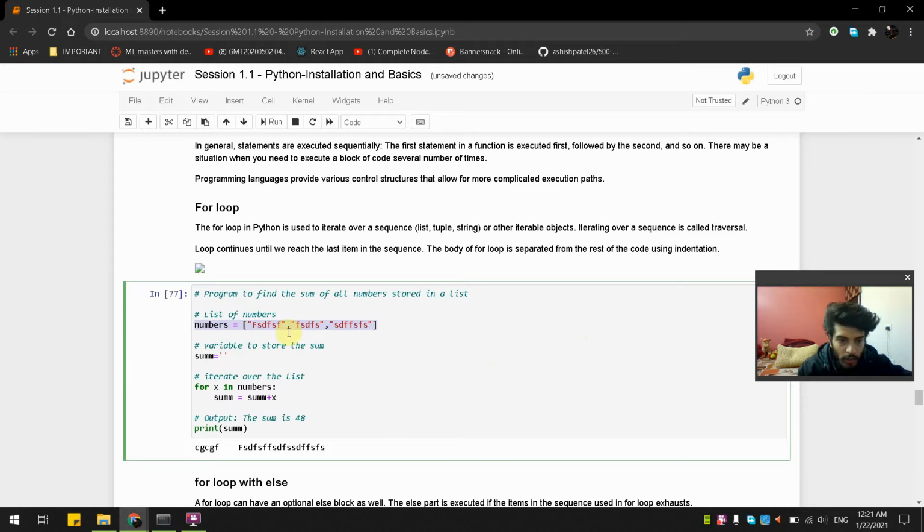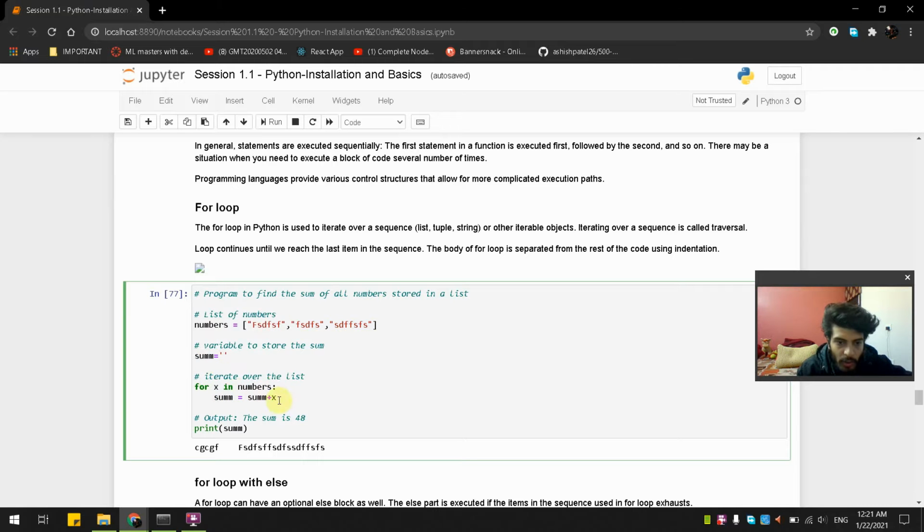We are going to store the sum of these three variables into sum. For we are using for, and x is our variable. In numbers is our list, and for numbers we are using the full list here. And for sum, we are providing an empty variable to store the sum.